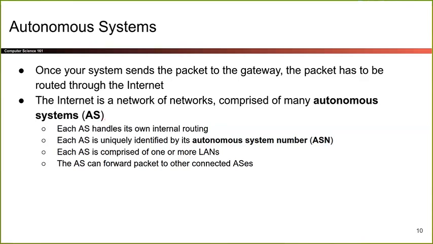Basically, the internet has lots of different local networks, and they're controlled by lots of different people. And each set of local networks that a person controls, or a company controls, or a university controls, I think of as an autonomous network. Each of these has a number. It's called the autonomous system number. Each of them handles routing by itself. So if I have a packet that needs to go within the autonomous system, the routers within the autonomous system will handle that for us.